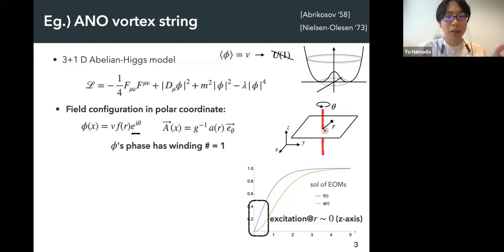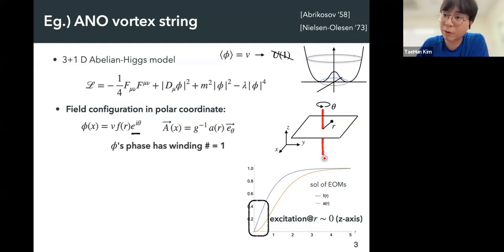Dimension means this, right? One-dimensional object, or something like that: a one-dimensional string, or a zero-dimensional solitonic object, or two-dimensional walls. Okay, that's a very nice question. For example, in this case, we have a U1 symmetry, and then we can consider this string-like object. Actually, this depends on the symmetry, or let's say the structure of the vacuum.